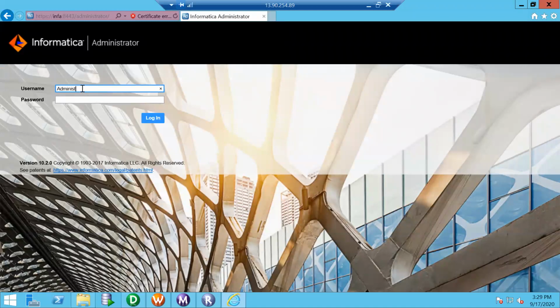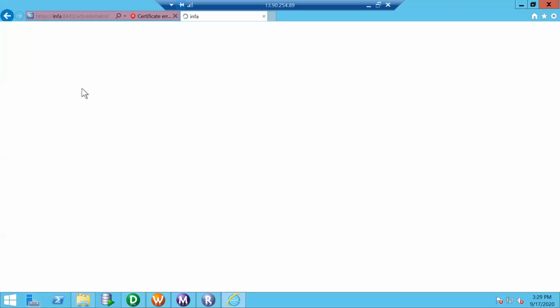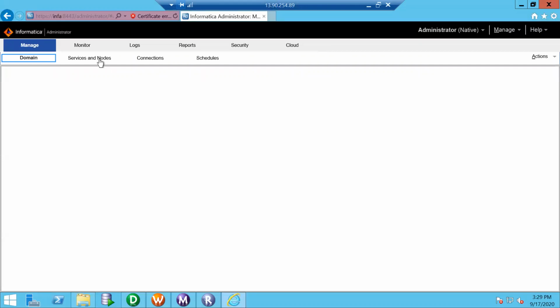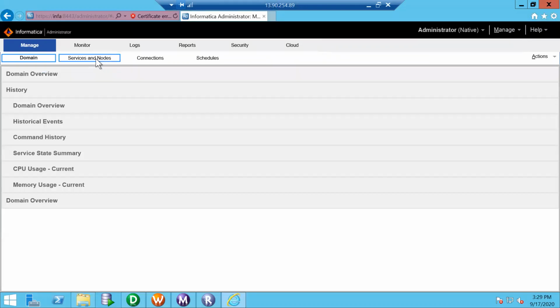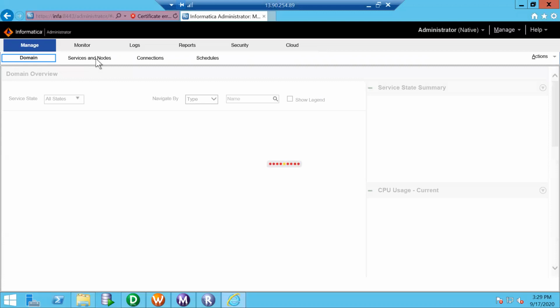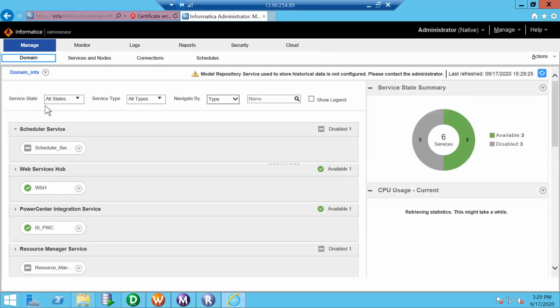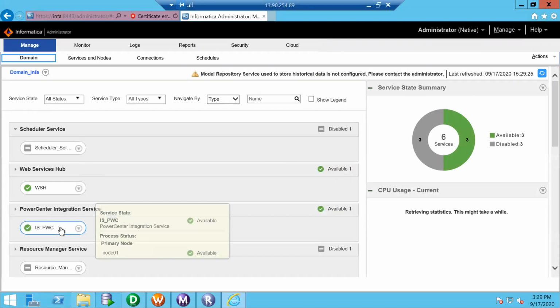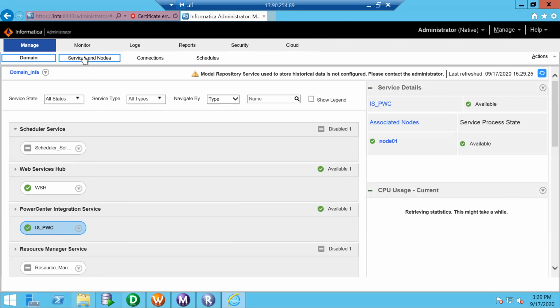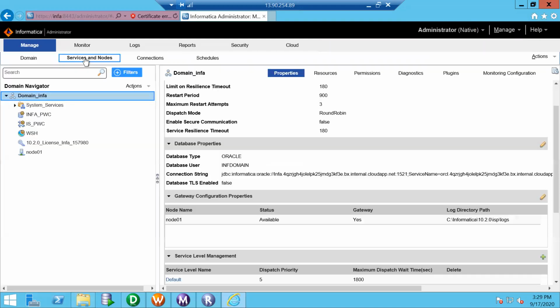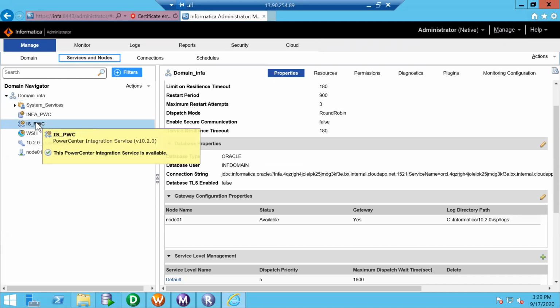So I will log into the Informatica administration console. Once we log in, let us go to services and nodes. I'll click on integration service.